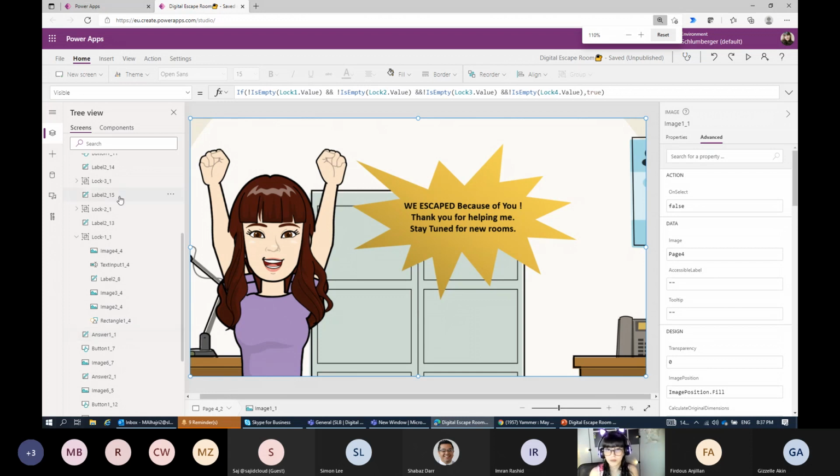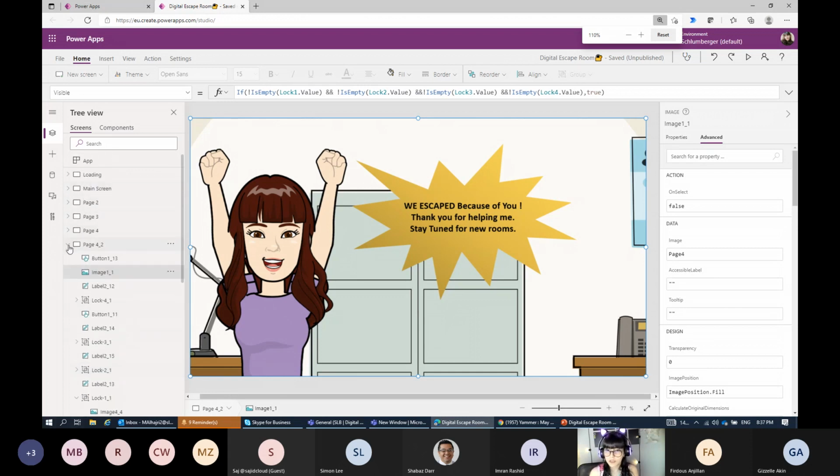So this is my escape room, and this is how we can build it. Easy to use, easy to build, and nothing difficult. Maybe while you are trying to build it by yourself, you will add more functionality, you will find more tricks actually. So if you have any questions, just let me know in the chat. So hopefully you like it and you will try to build your own digital escape room.